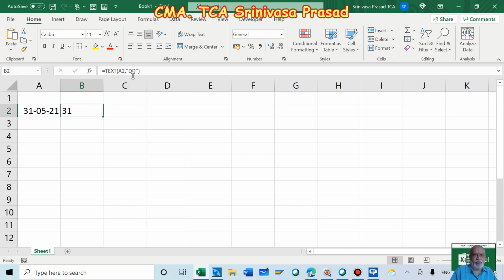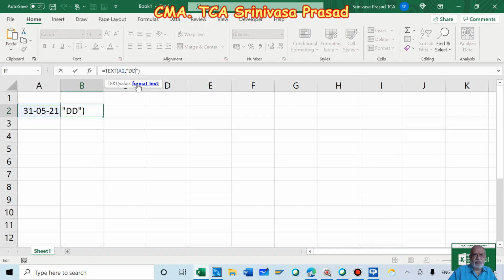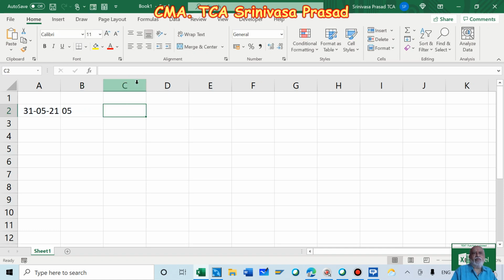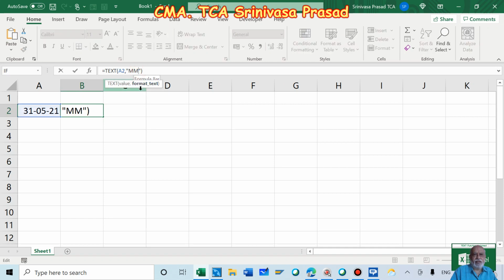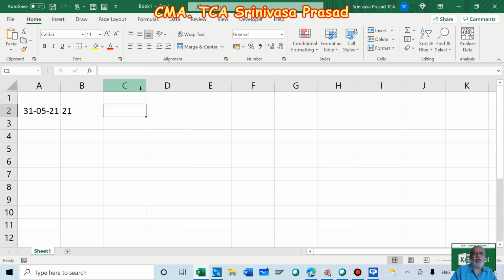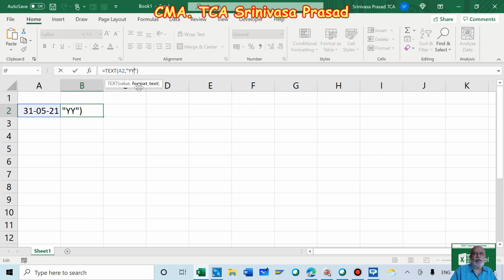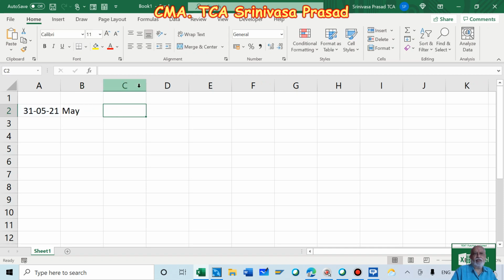When you make this into mm then you get 5, and when you make it yy you get 21. Now when we make this mmm, it becomes May.